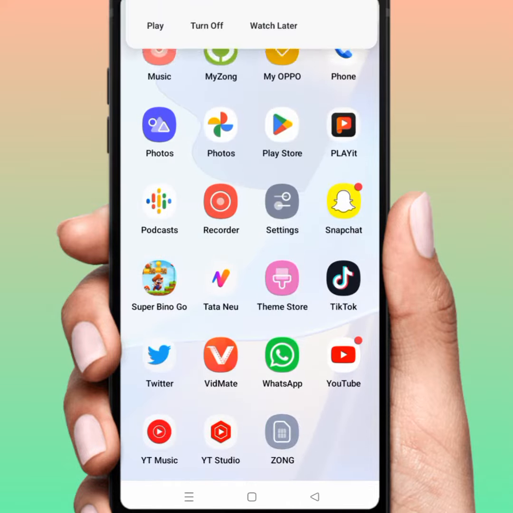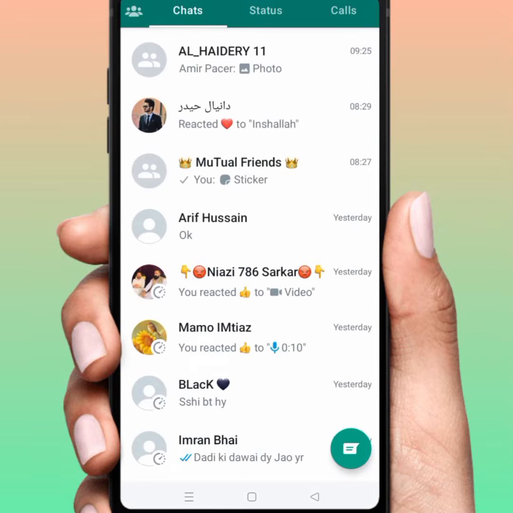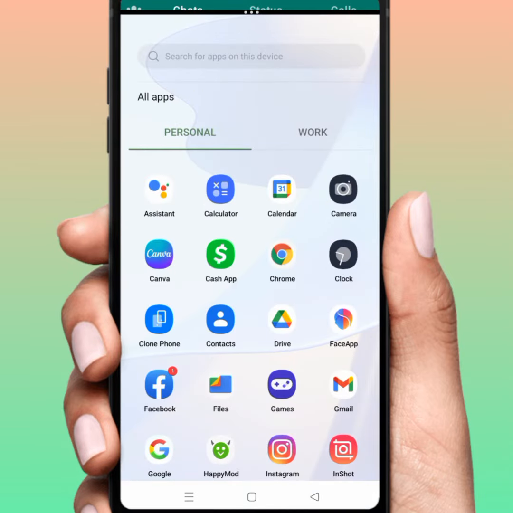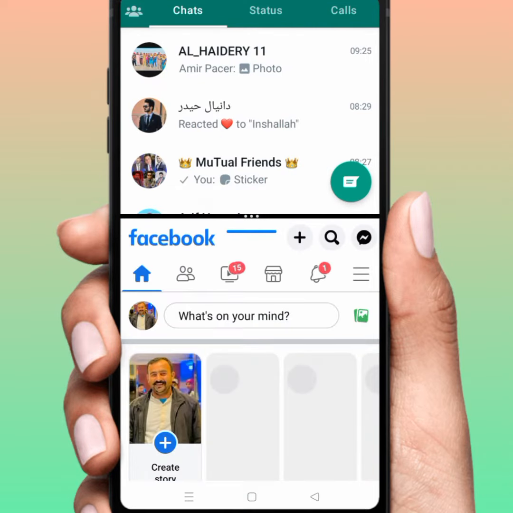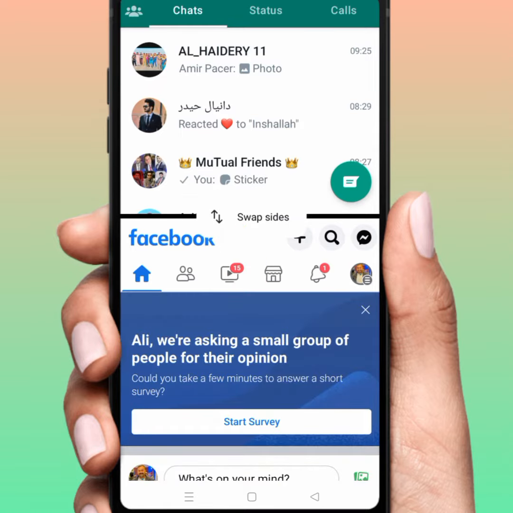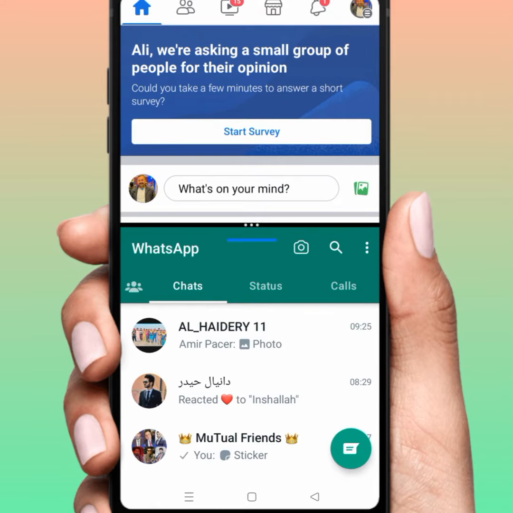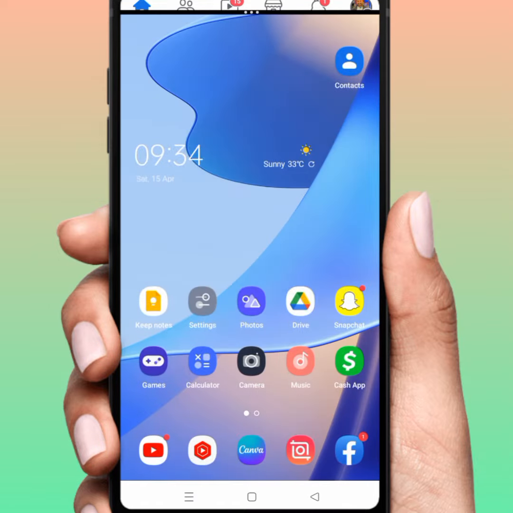First of all, open your WhatsApp, and from here what you need to do is scroll up with three fingers, and after that open any second app. You guys can see WhatsApp separate screen. If you rotate up and down, Facebook up and WhatsApp down, then tap on subset. You guys can see. If the method doesn't work, then go back and scroll both apps